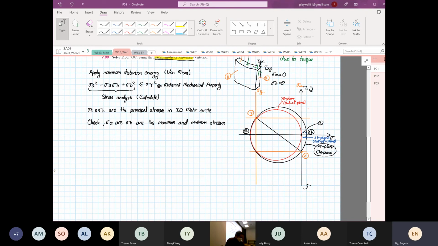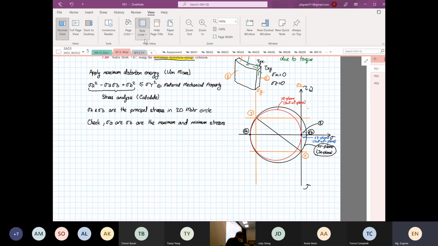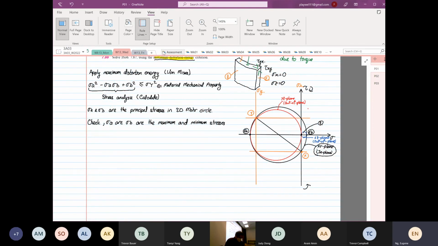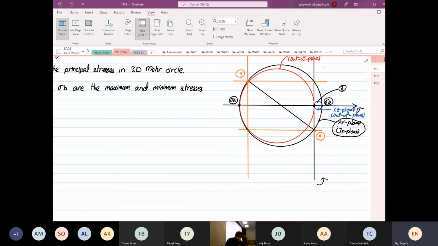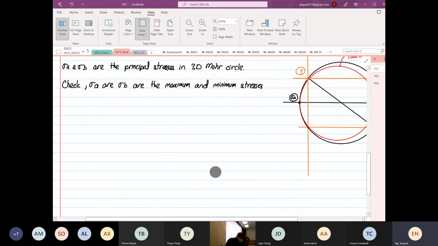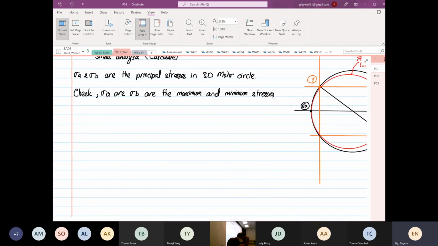Okay, but already we know, even without constructing Mohr circle, right? If you don't know, you just sketch Mohr circle. As I said, this is just a sketch. Okay. In the exam, you can just sketch this. You don't need to draw this perfect. Okay. So from here, why the sketch? Because when you sketch 3D Mohr circle,